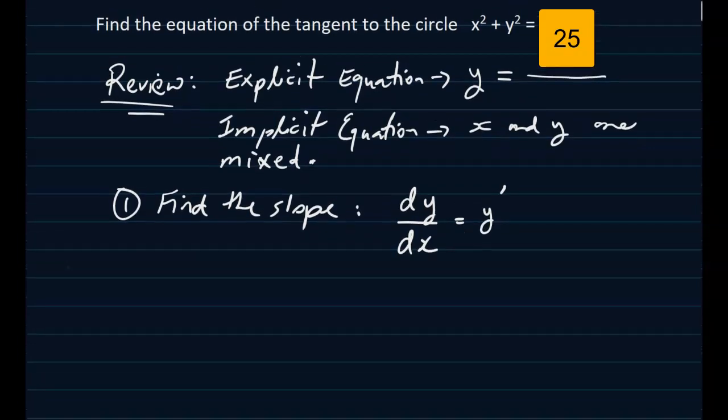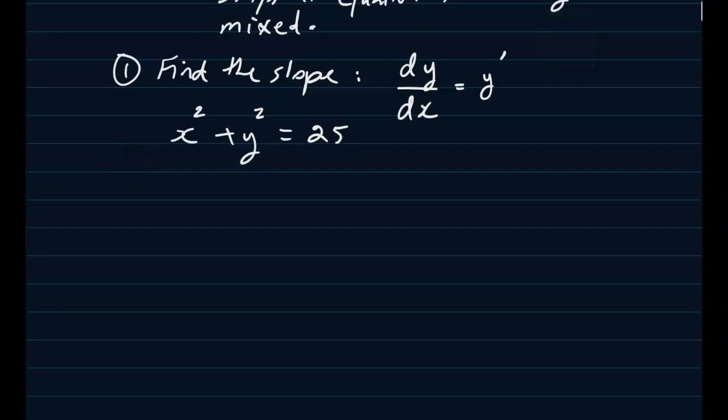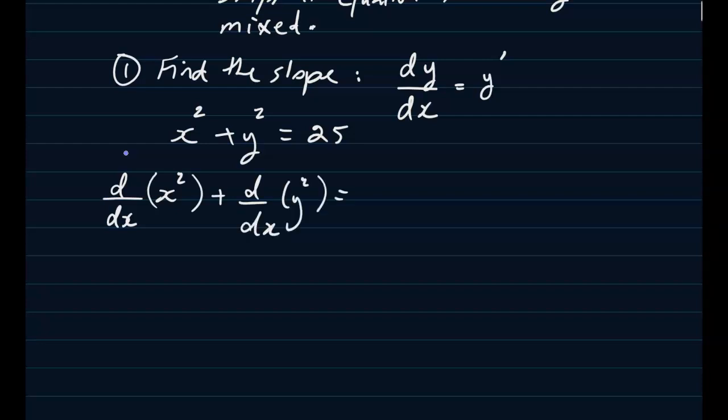Okay, so let's go through and do the differentiation. The first thing we have to do is differentiate both sides of this equation. We're going to start with d/dx of x squared, plus d/dx of y squared, is equal to d/dx of 25. Excellent. Now, when we do this, we notice that the derivative of x squared is 2x,